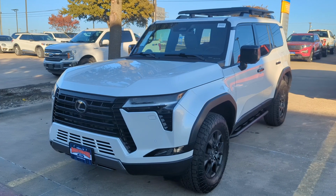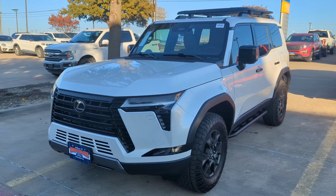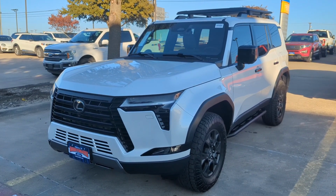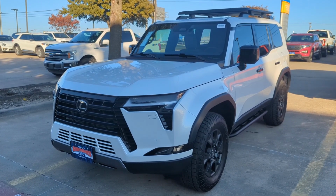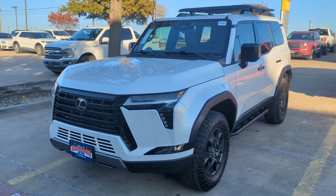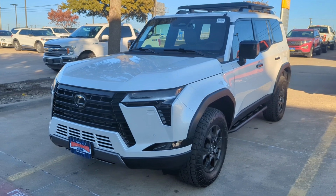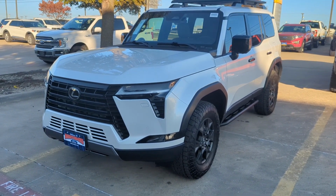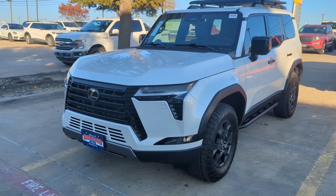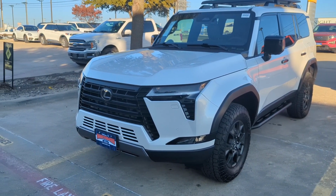Today, let's take a look at this 2024 Lexus GX 550 Overtrail. The Overtrail is the off-road variant of the GX, and as you can see, it definitely does look really nice. You do have a set of 33-inch tires, as you can see there, which really brings out the look a little bit more. It does have a very nice and unique grille, and of course, you do have a pretty